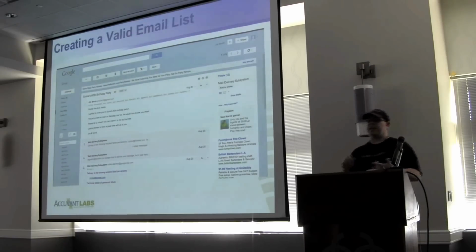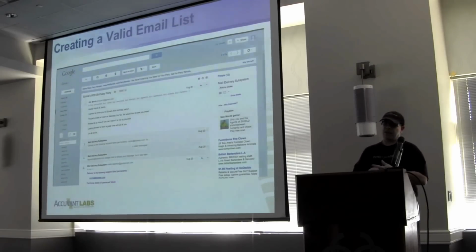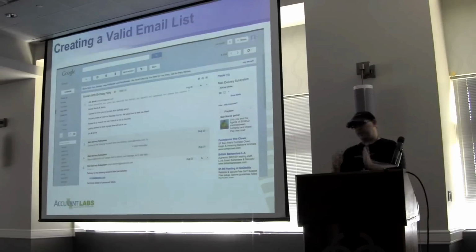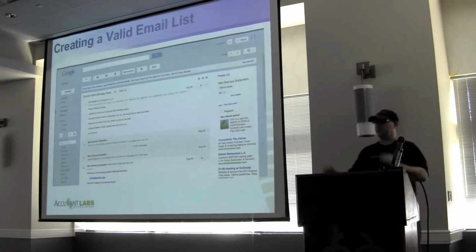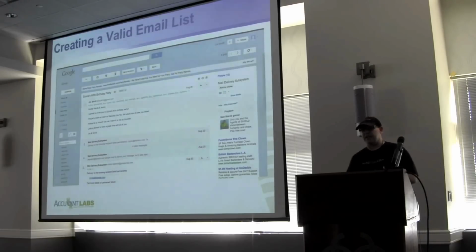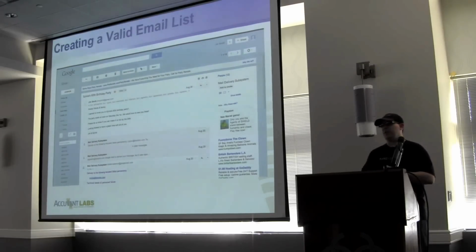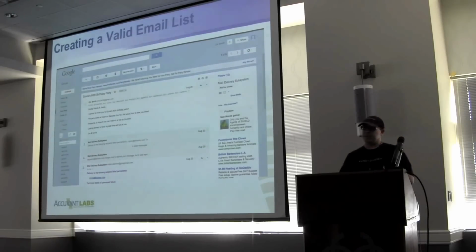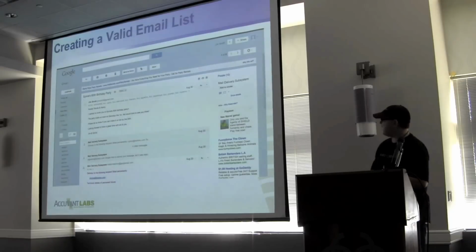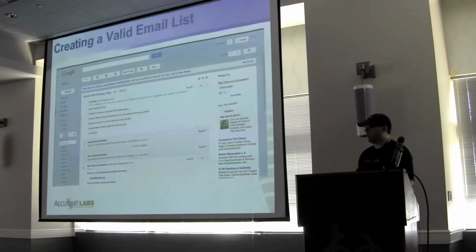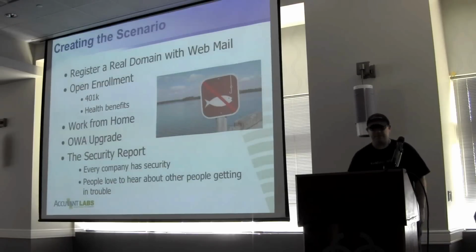And also we get things like valid phone numbers, maybe for the help desk, which we can also include in our spear phishing email. One of the coolest things we got lately was their email disclaimer in all their language. That was at the bottom of one of the emails that got sent back to us. So we just copied and pasted that into our spear phishing email. Everything adds to the legitimacy of that email. And also, if you can put valid phone numbers and different things in there, people are going to go like, oh, that is a valid extension. I know that's the help desk's phone number. So everything that we can do to add to its validity, we try to do.